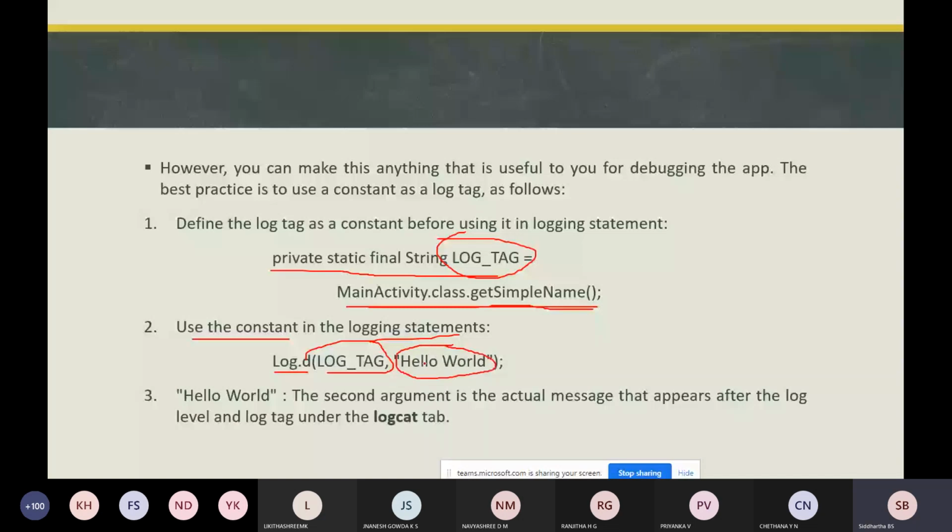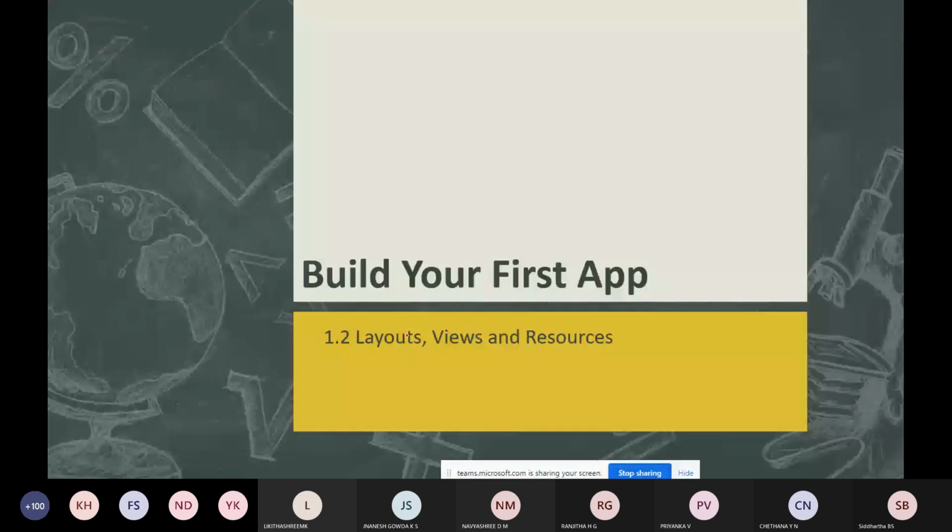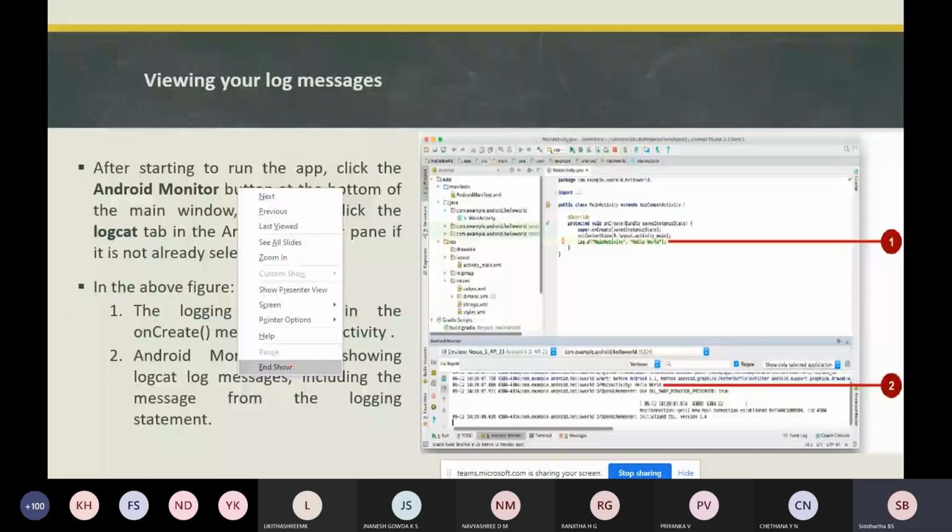Hello world is the second argument, the actual message that appears after the log level and log tag. So definitely you will see this log message in your Logcat tab. After the class you can try it once. Understood everyone? Yes, sir.